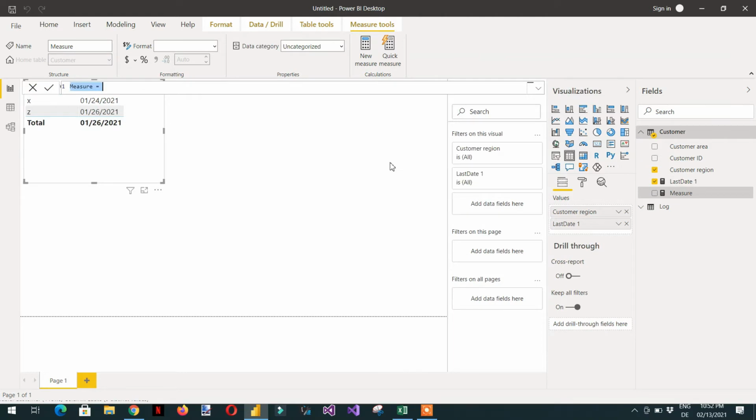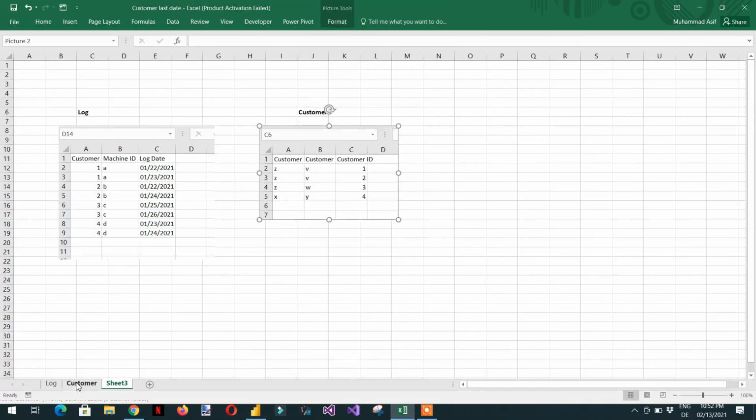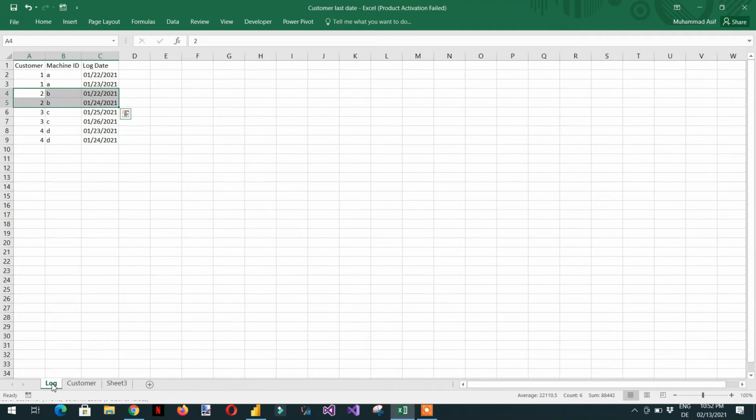So what we have to do now is generate one table that contains 4 rows according to this data. We need to get the maximum log date for customer 1, which is 23, and the maximum date for customer 2, which is 24.